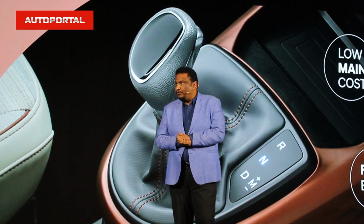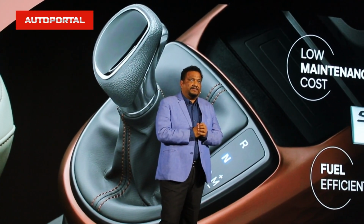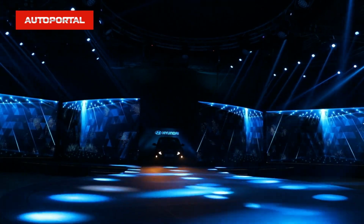AMT with both petrol as well as diesel engines. Friends, at Hyundai, we are committed to offer our customers a perfect third space experience for spending their quality time. The smart